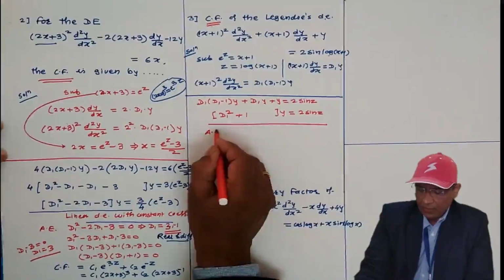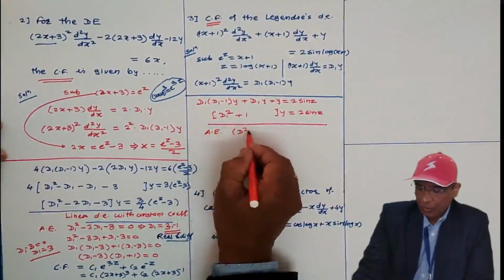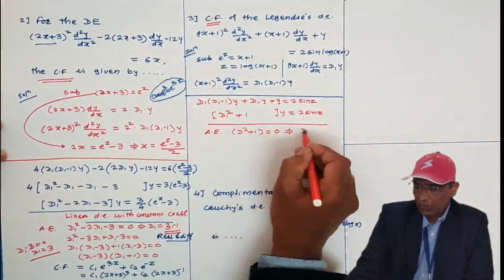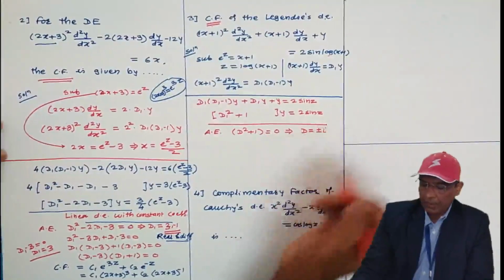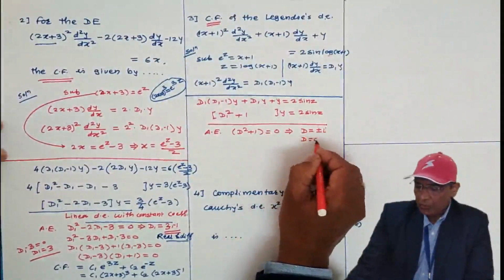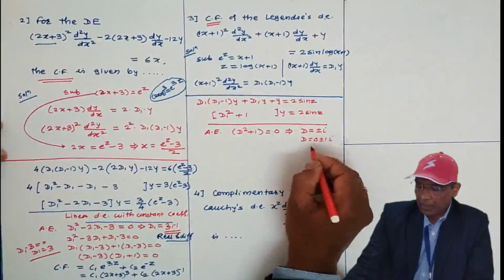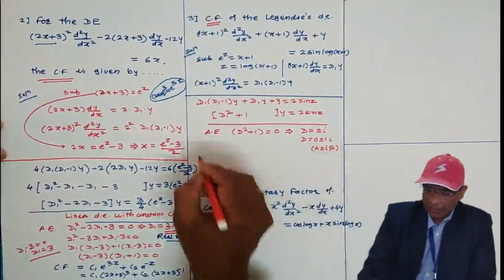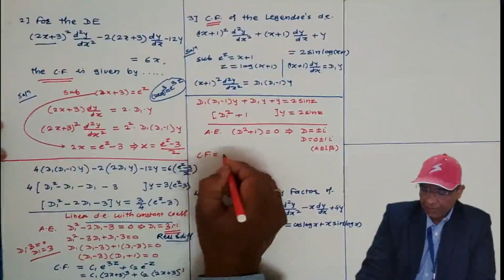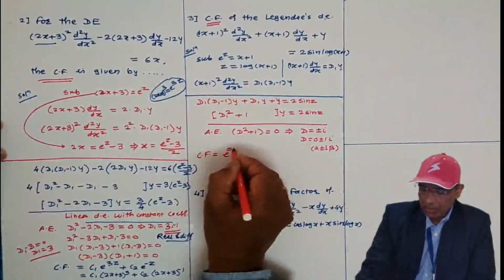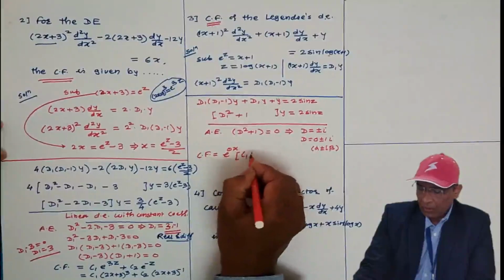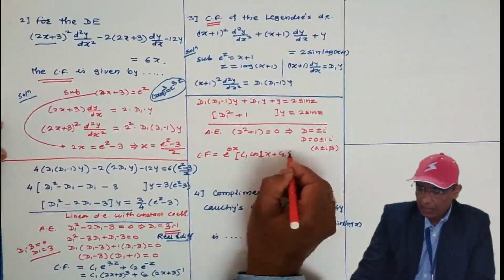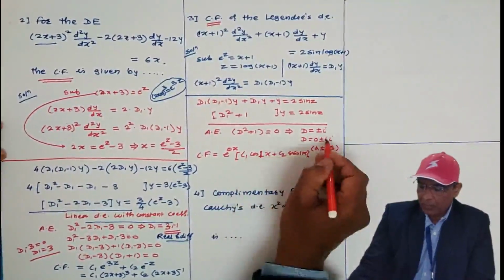So write down auxiliary equation. How to get auxiliary equation? Coefficient of y, we have to equate it to 0. And this implies d is equal to plus minus iota. And d equals 0 plus minus 1i, means alpha plus minus i beta type. If roots are of the type alpha plus minus i beta, then complementary factor is e power alpha x, here alpha is 0, C1 cos of beta x, beta is 1, plus C2 sin of beta x. Here beta is 1 and alpha is 0.